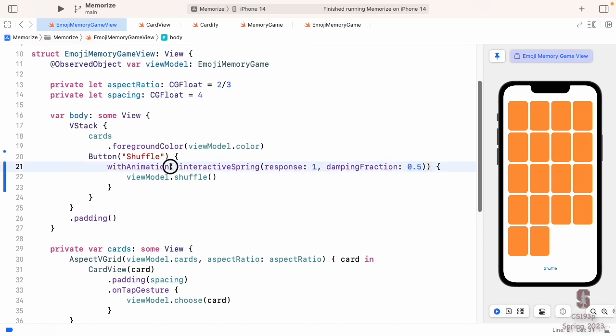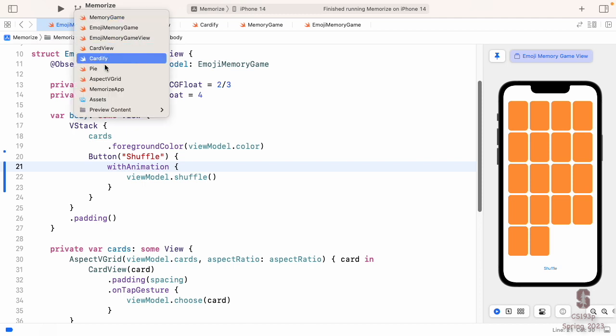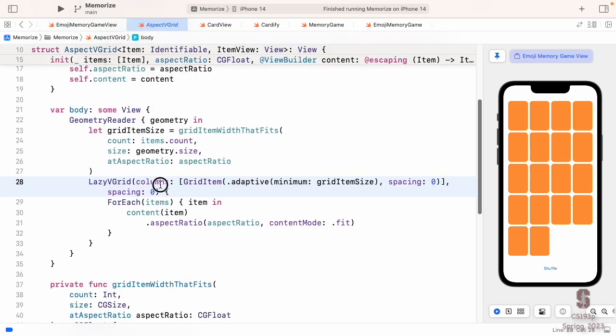But most of the time, we don't want any kind of funky animation. We actually want the default animation because we want users to have the same experience they're having in all the other apps. If we're using an animation curve, we want to have a pretty good reason. Now, when I hit shuffle, what's actually happening? Well, I'm rearranging the order of the cards.